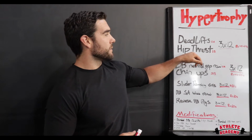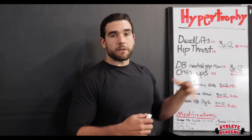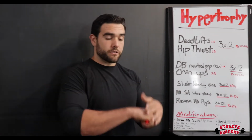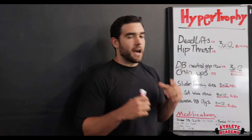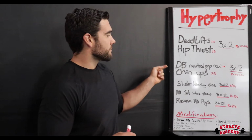We're gonna then be hitting primarily targeting the glutes. We're gonna be resting from anywhere from 45 seconds to 60 seconds. So make sure that you're timing yourself on those rests. If you need to take a little bit longer, it's fine, but try to stick to those as much as possible. After we get done with that first pair, then we're gonna be moving into our dumbbell neutral grip row